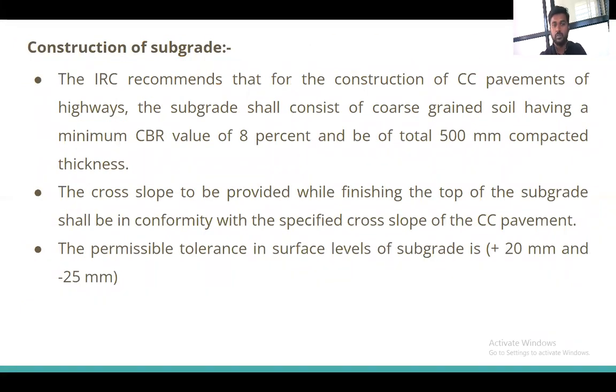For the construction of the subgrade, the steps that we know, but what has the IRC suggested? The cement concrete pavement of the highway subgrade shall consist of coarse grained soil having the minimum CBR value of 8%. Okay, and the 500 mm thickness of compaction should be maintained. As per the IRC, whenever we are using the subgrade soil, we have to maintain at least 8% of the CBR value and the 500 mm thickness of